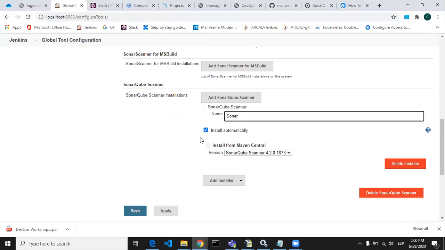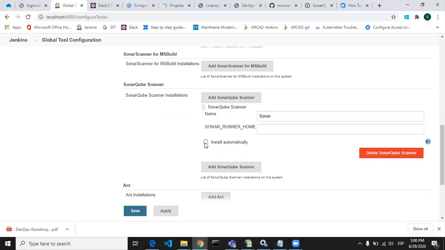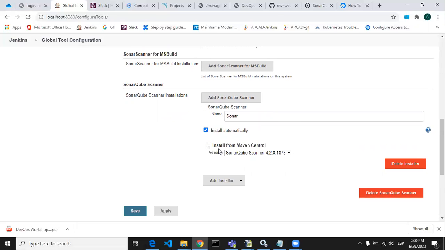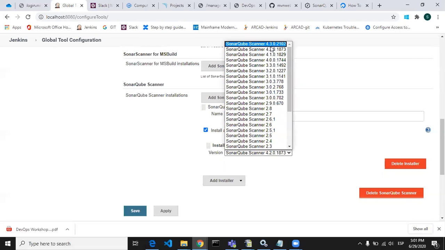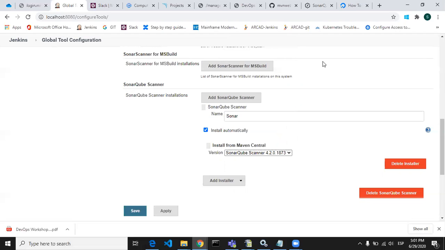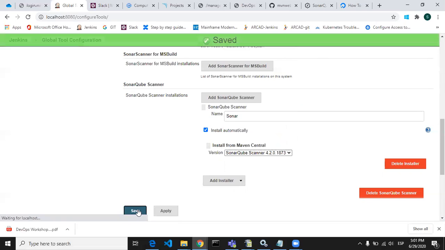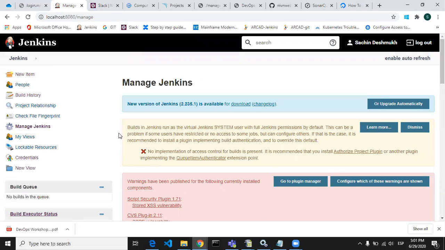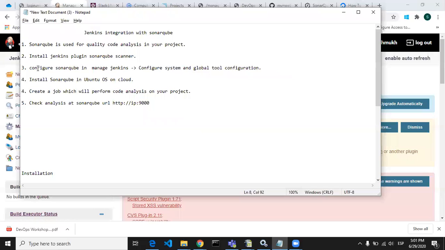Once you click on install automatically, it will ask from where you need to install. Once you click on install from Maven Central, this box will be shown, and then you can select the latest version of SonarQube. Click on apply, save. So we have configured SonarQube in the Jenkins section.